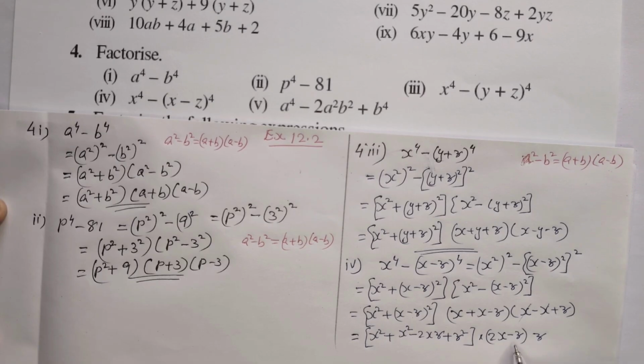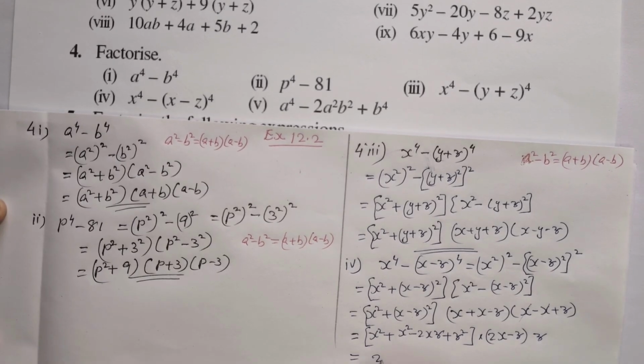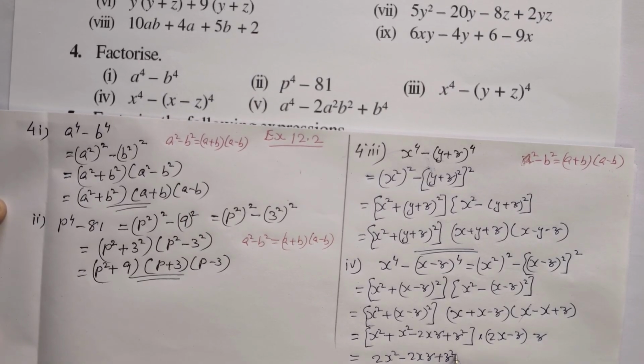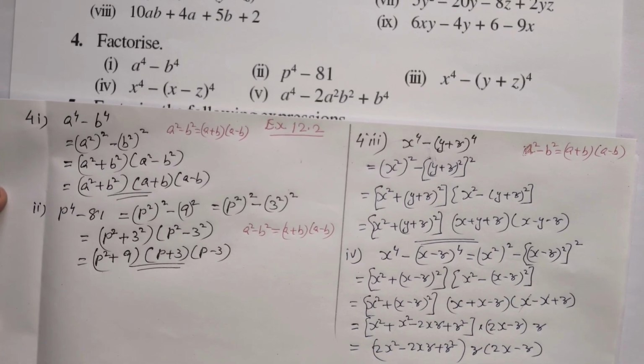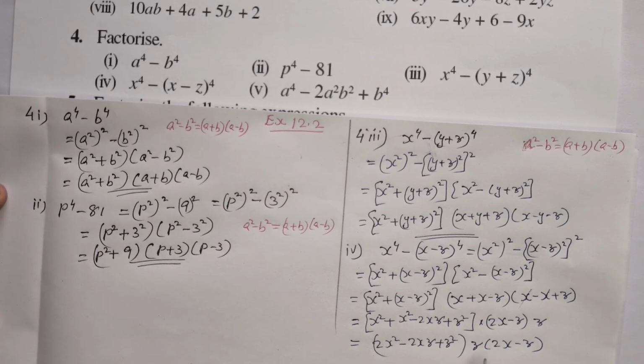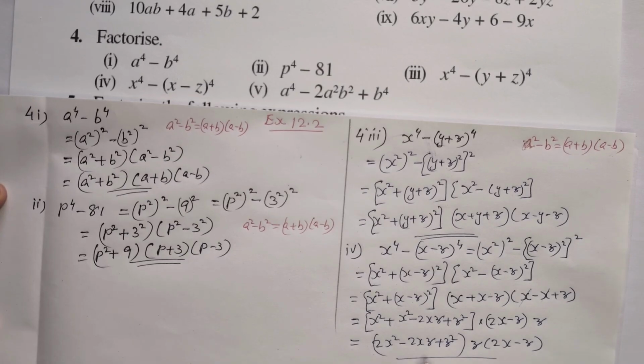So here we can rewrite that as 2x square minus 2xz plus z square and z into 2x minus z. Z into 2x minus z. So this is the factorized form. This we can rearrange anyway, z into 2x minus z into this bracket. With terms are same. Z into 2x minus z and that into 2x square minus 2xz plus z square in the bracket.